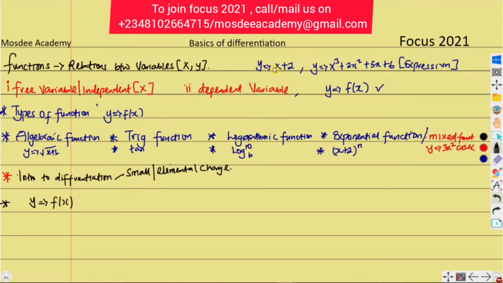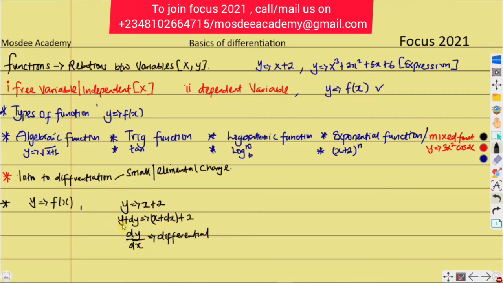For example, what am I trying to say? If we have a simple linear function, y equals x plus 2, and there is an elemental change in y, we call it dy, and it's written as y plus dy. If there is an elemental change in x, we write x as x plus dx. Then you have plus 2. Now, the change in y with respect to x is what we call differentiation. So students need to keep in mind that an elemental change is a very, very small change